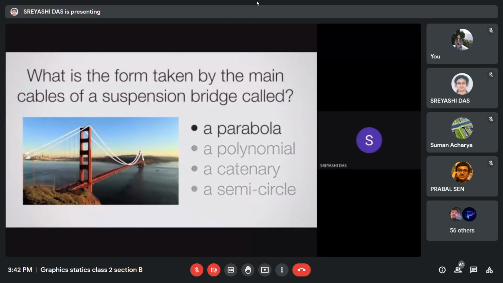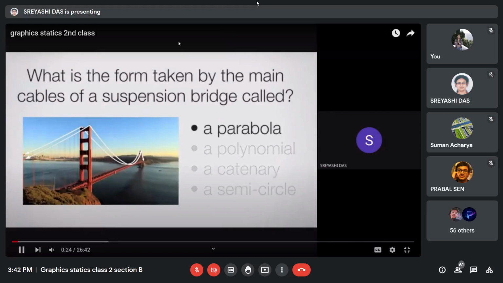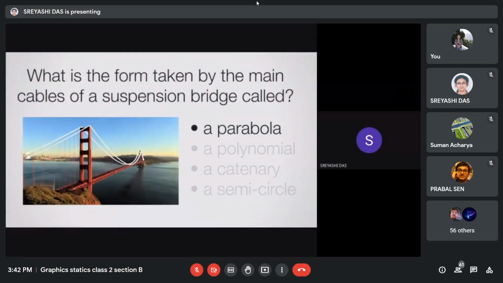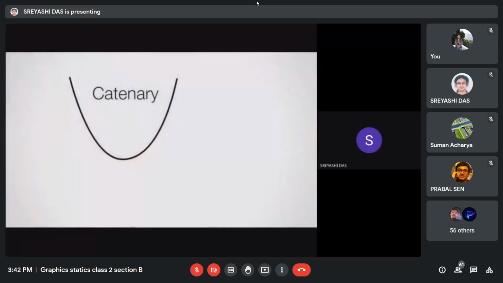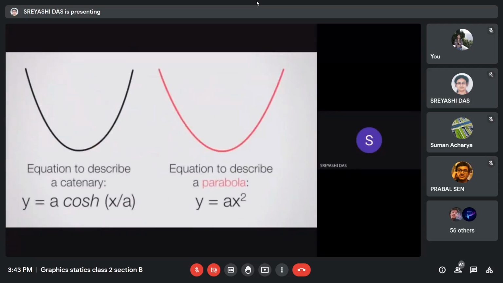If you answered parabola in that scenario, you're correct. So the main cables of a suspension bridge make a parabola, whereas this chain hanging with no load is a catenary. Catenaries versus parabolas, what's the difference? They look very similar. However, mathematically, they're very different. So this catenary uses a hyperbolic cosine as its mathematical representation, whereas a parabola is much easier to represent because it just uses a polynomial. So engineers will often actually use the math for a parabola even when they're looking for a catenary.